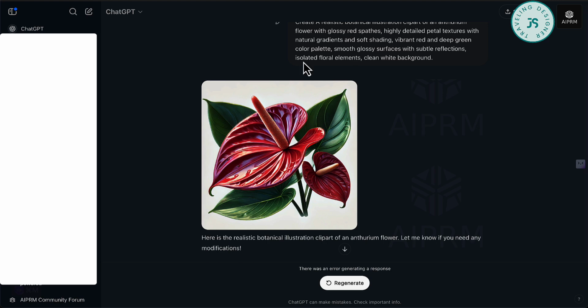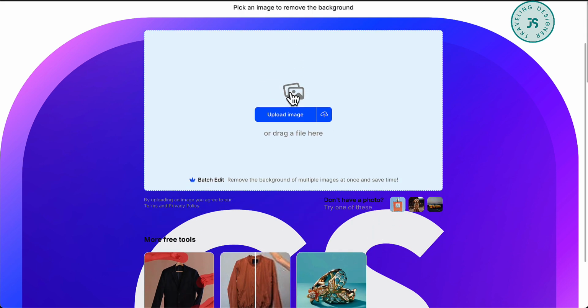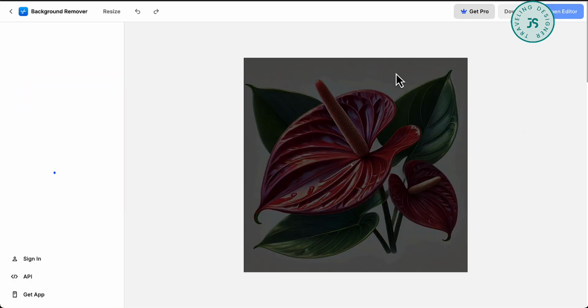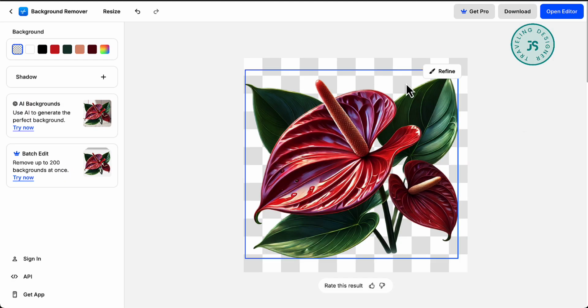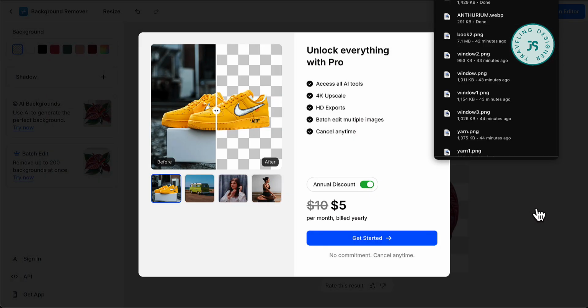So now we have to remove the background of this image. What I'm using, and it's free also, is pixelcut.ai. Go there and click on background remover, and you will have this one. So just upload the image or drag a file of your image here. So let's see, this is the image that we want, right? And it will right away remove the background. Look at that. It's so good. It removes all the background, and then you have to download this, and it will save it as PNG,